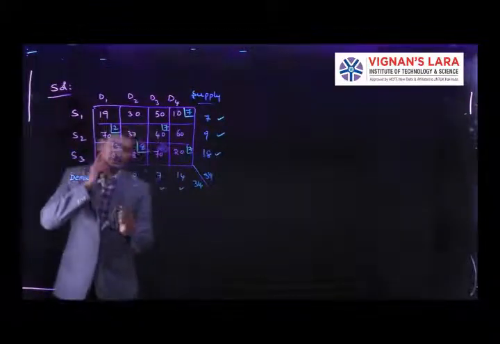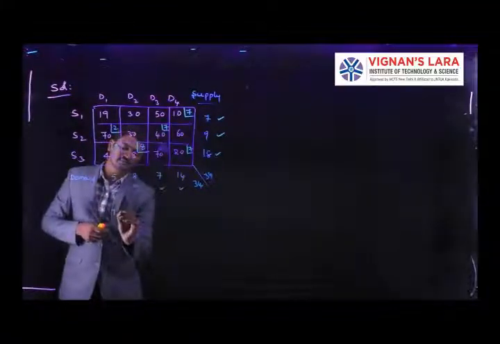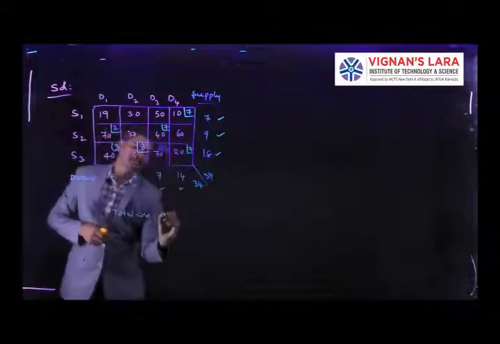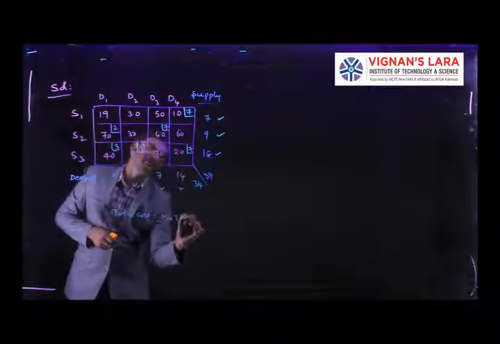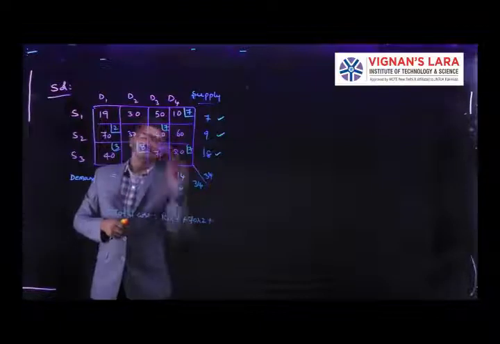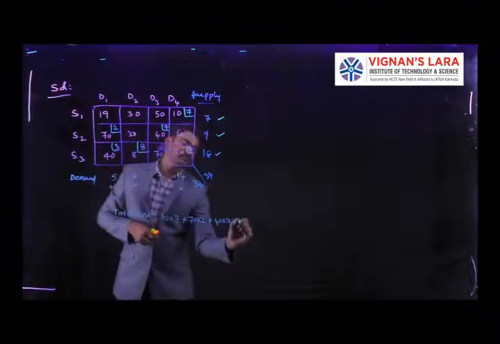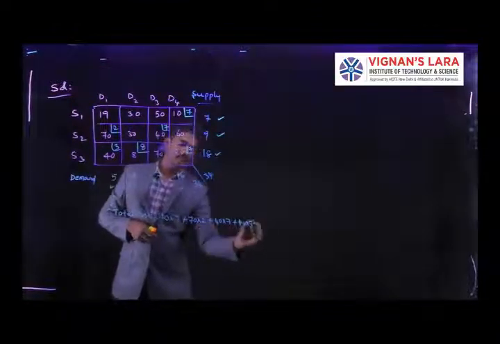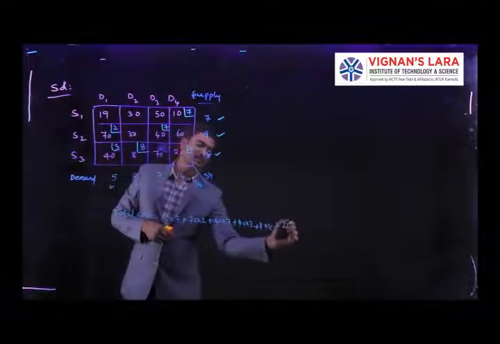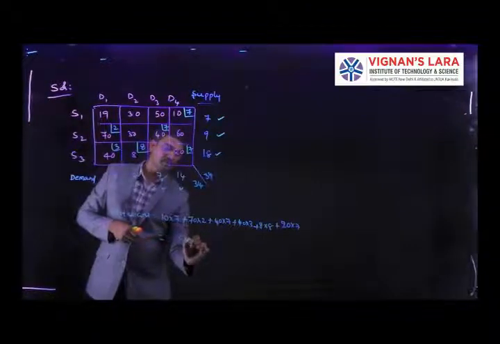Now we are going to find the total cost. The total cost is calculated from the allocations. So here the total cost is, first coming to the first one, 10 into 7 plus 70 into 2 plus 40 into 7 plus 40 into 3 plus 8 into 8 plus 20 into 7. From this we are getting the total cost as 814 rupees.